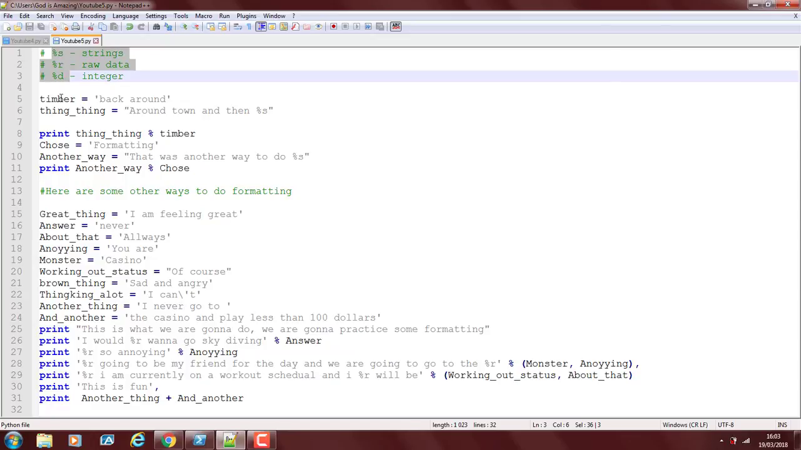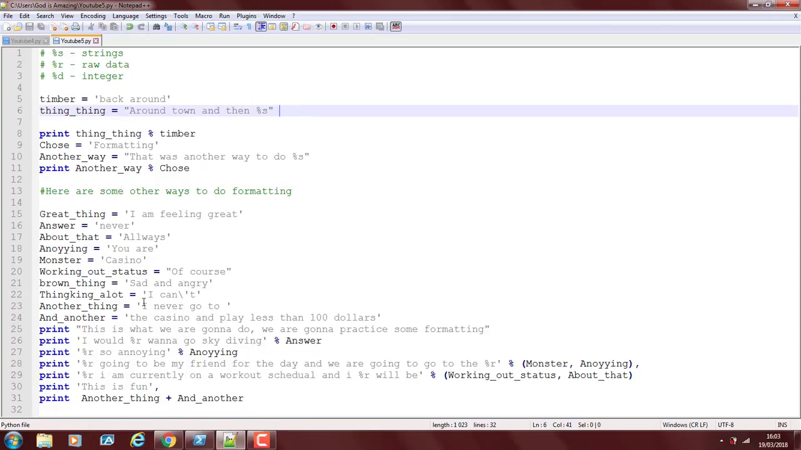So these are the ones that I know so far. The formatting characters. There's %s for strings, %r for raw data, %d for integer. So if you have a number and you hold